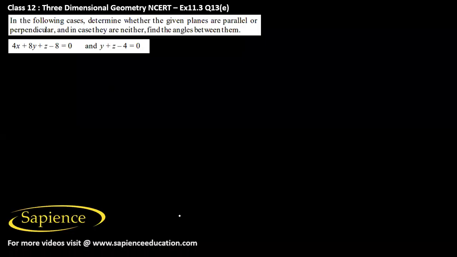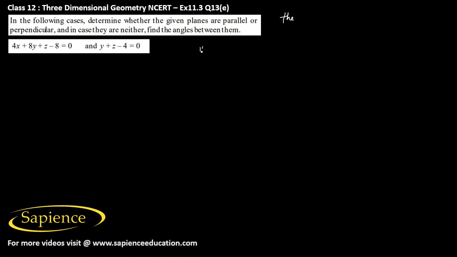Okay, so here it has been told in the following cases, determine whether the given planes are parallel or perpendicular. In case they are neither, find the angles in between them. So if we have two intersecting planes, then